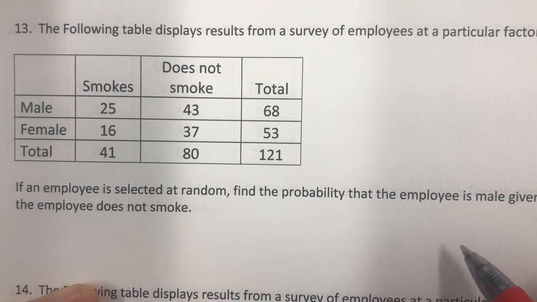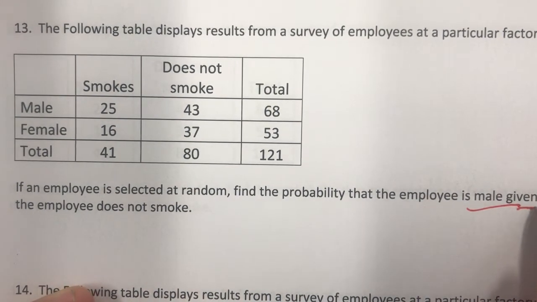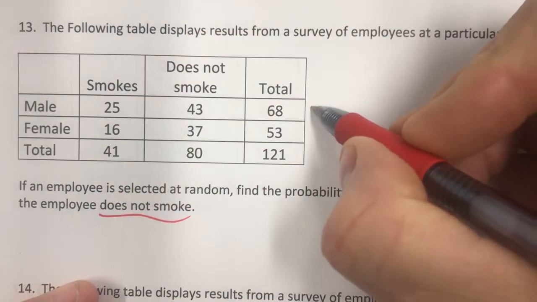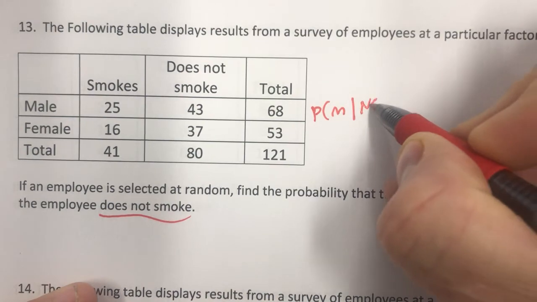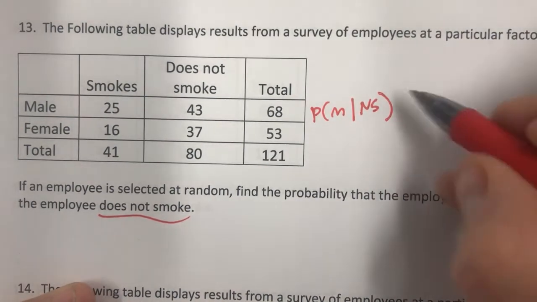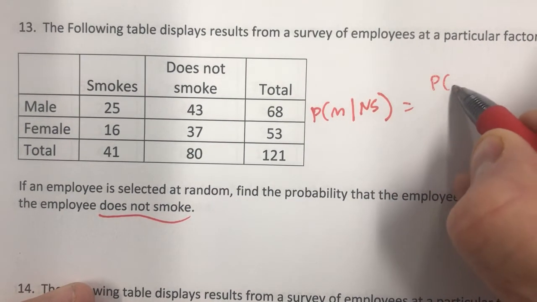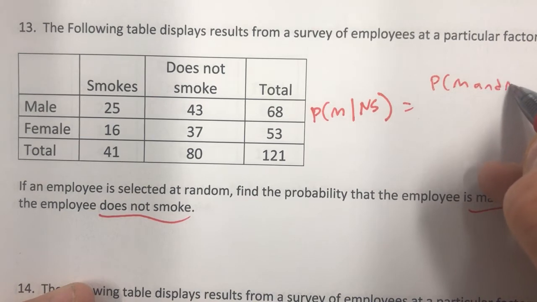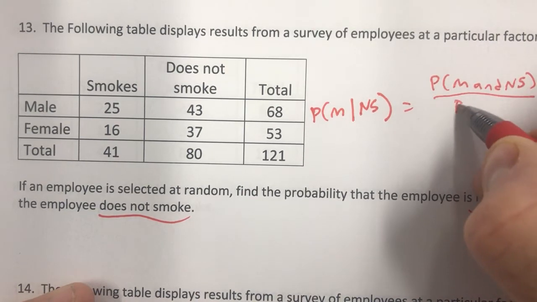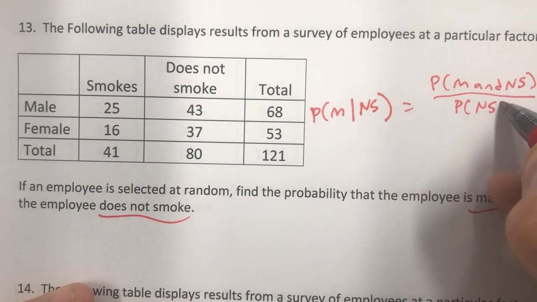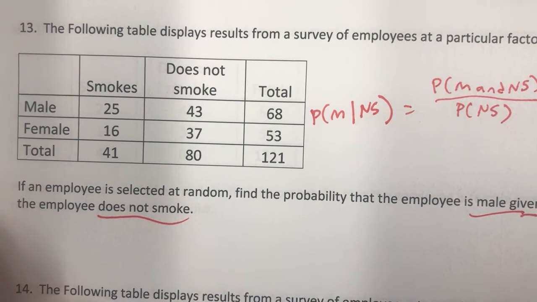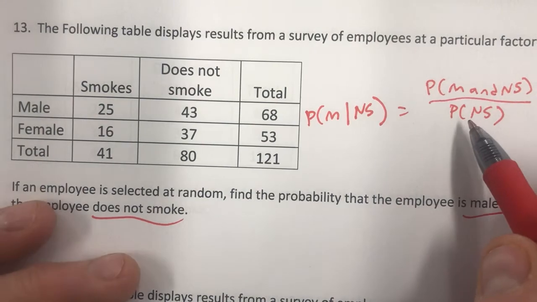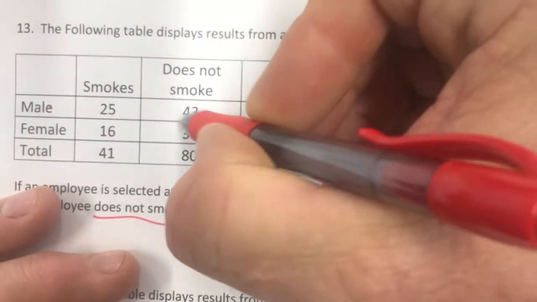Find the probability that the employee is male given that he does not smoke. So this is probably that he's male given does not smoke. I put NS. So it's going to be the probability that he's male and is not a smoker divided by the probability that he's not a smoker. So probability that he's male and does not smoke. Male and does not smoke is 43